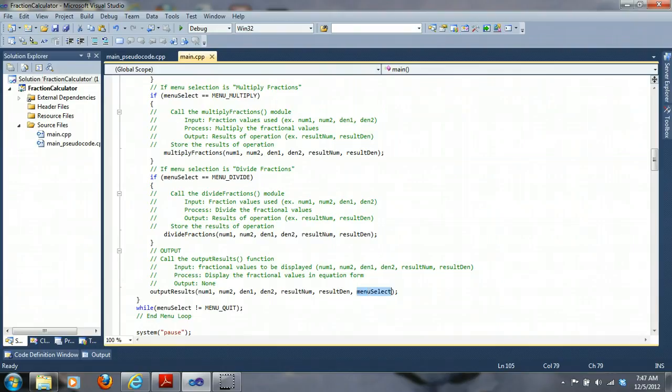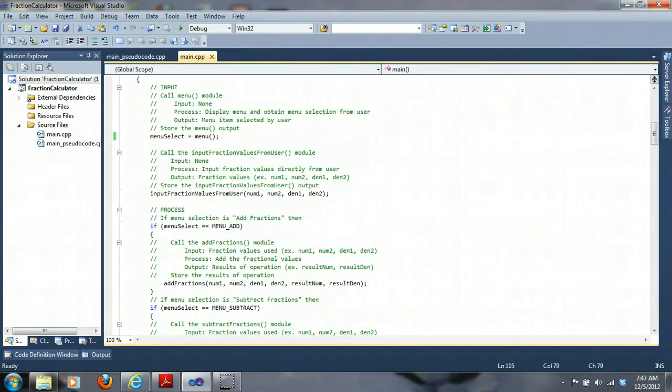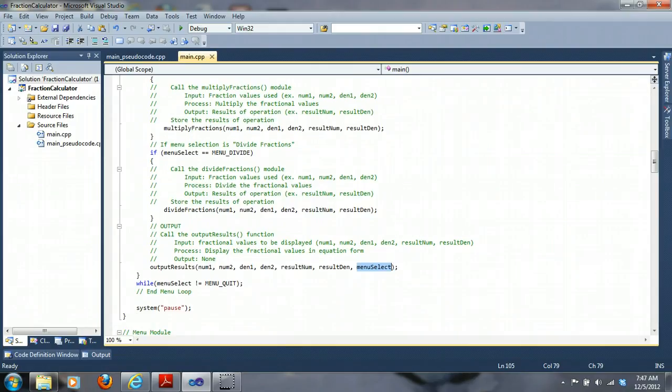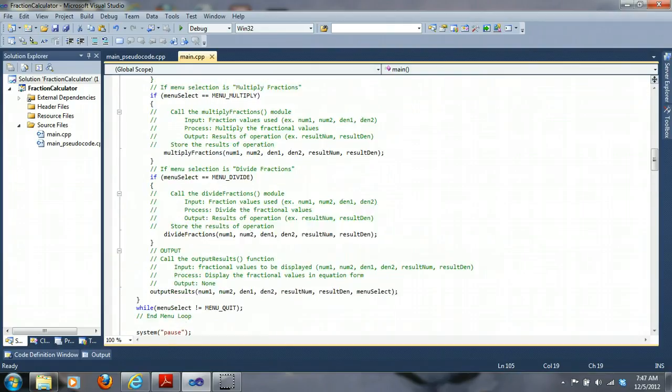This menu select, do I have that? Yeah, absolutely. This menu select comes from up here. Anytime we're calling functions, we're implementing these functions. Once you have them implemented down below, you basically call out the function you want to use, look at the list of parameters needed, and find these parameters, and list the parameters that represent each one of those values needed for that particular